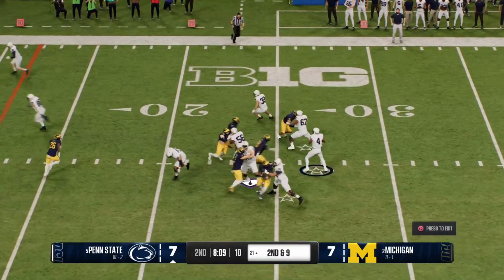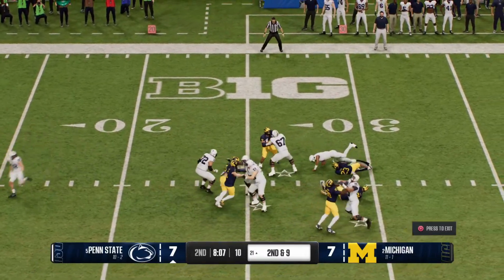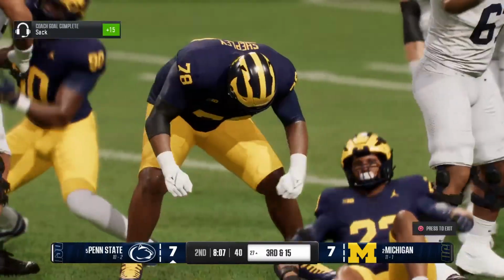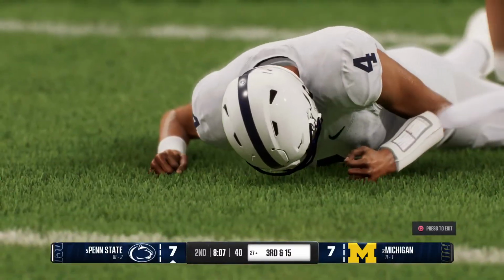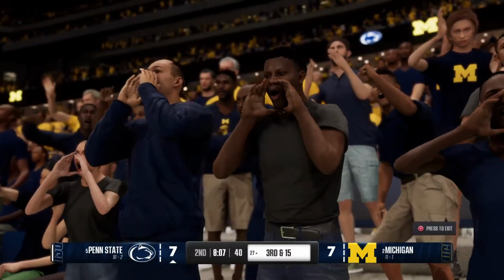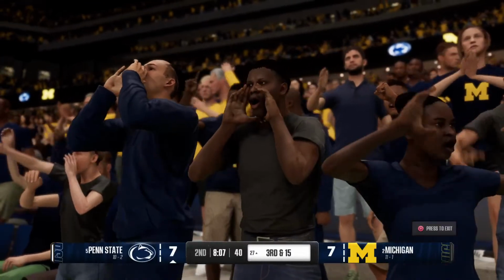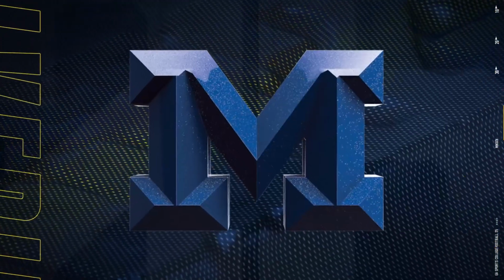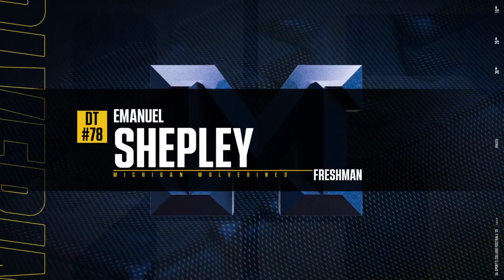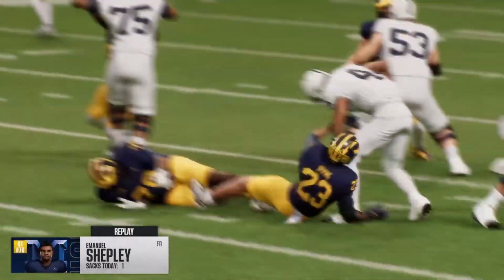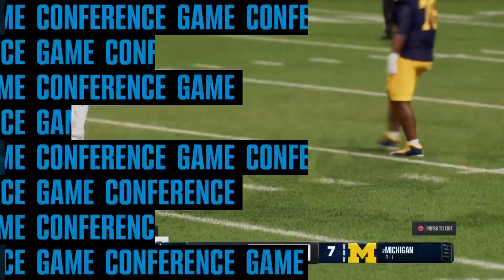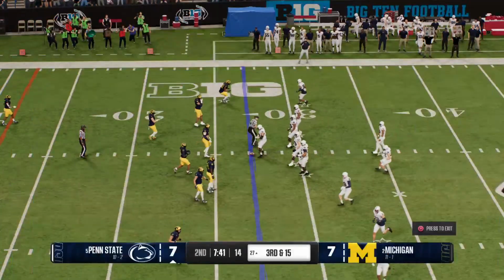Looking to throw it again. He's going to be brought down by that ferocious pass rush. Nice sack. Just outstanding combination of quickness and strength here by this Michigan defensive lineman. Makes me think of Aiden Hutchinson, who, of course, played here recently. Going back to guys like Rashawn Gary, Lamar Woodley, Frank Clark. Great tradition of Michigan defensive linemen on full display right now.